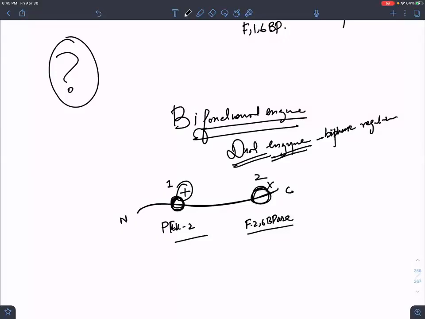I hope you have enjoyed this lecture. This was all about the regulation. I thought you might get confused while preparing for a license exam, and first year students too, about how insulin and glucagon are working. It's a beautiful concept that you can give the proof that insulin is a positive regulator of glycolysis. And I hope you have understood this topic very well.